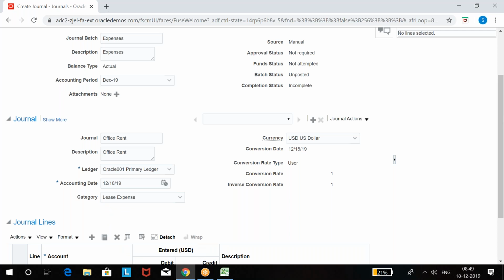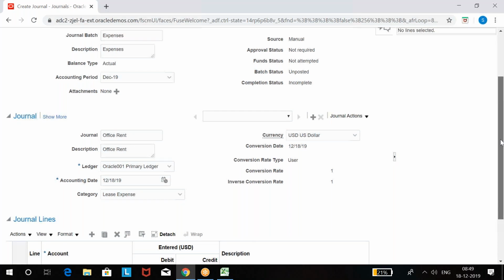This is not an account, this is just a category. You can select anything, not a problem. Okay. And then this is called the header, and this is the line. The below one is the line. So I can create line accounts, debit and credit accounts. You can have multiple debits, multiple credits, but the rule is total debit amount and total credit must be equal, right?